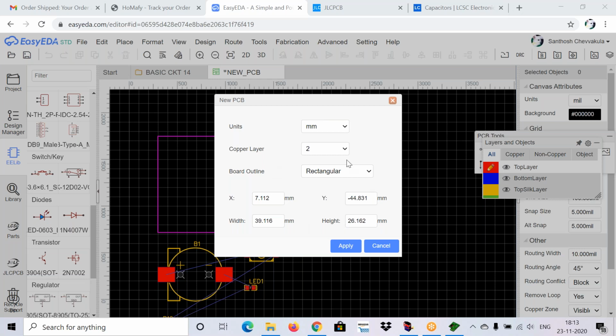If you don't want it, you can directly cancel it, or else you can click on apply. I'm just clicking on cancel. You can observe your components and a predefined board area, right?